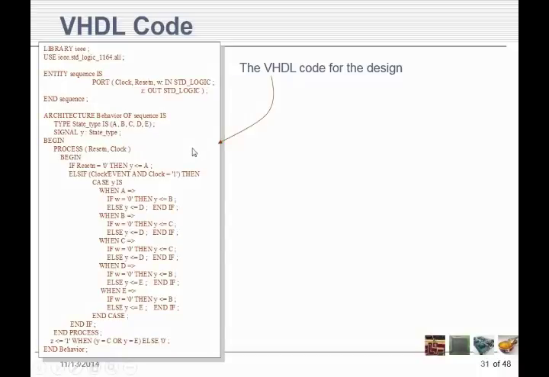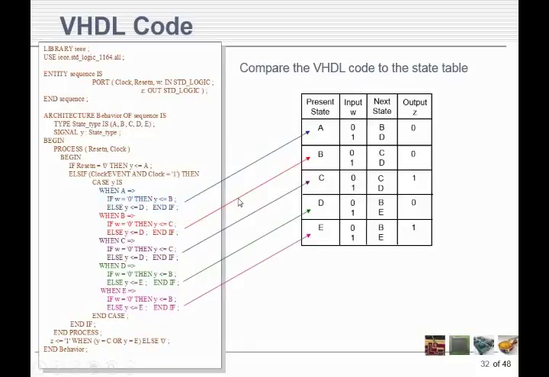flip-flops, but if I were going to put Q out here, and I'm not doing that this time. This time I don't care about the output of the flip-flops. We have up until now, but this time I don't care about that. All I care about is when is Z going to be 0 and when is Z going to be 1. Well, Z will be a 1 when we're in state C or we're in state E. Otherwise, it's going to be a 0. That's all I really care about. And then how do I move from one state to another? So looking at this,